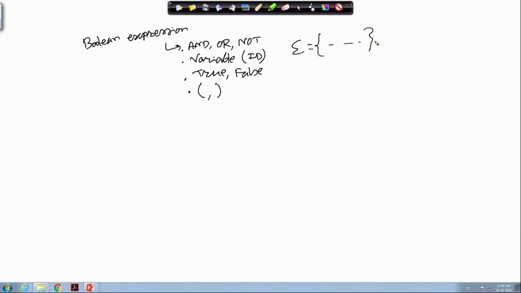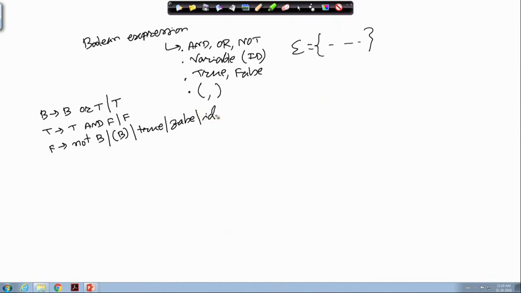Now, we can try to construct the corresponding grammar. So, the grammar for Boolean expression will be like this: B producing B or T, T giving T and F or F, and F can give me not of B, or within brackets B, or true, false, or ID, where these are all terminal symbols: or, and, not, open parenthesis, close parenthesis, true, false, ID.